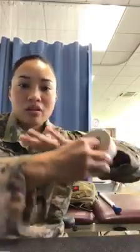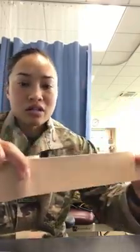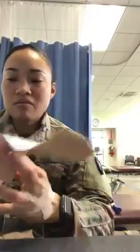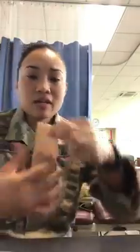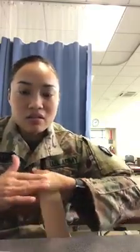So what you'll do with the tape is you'll estimate again. I like to hold the tape with my thumb, move around my hand and then just measure. I need about that much tape. I cut a little bit less than what I estimate because again the tape is going to stretch. And then I just tear off maybe the lower portion or a third of the tape that I'm using. And then I'll start from the back, and I'll use my mouth. I'm going to go across and try to lay the tape so that it's on skin for the most part,